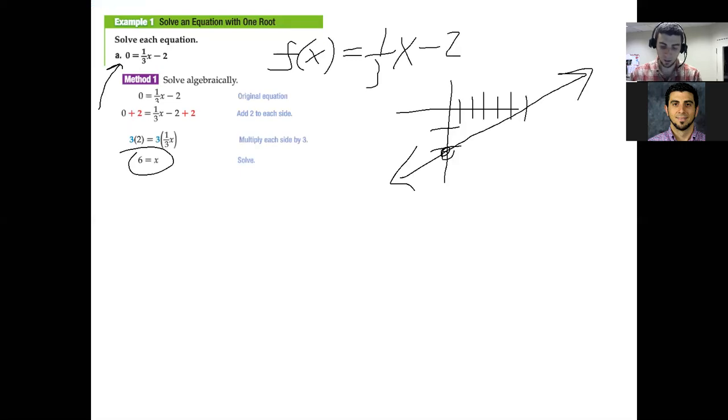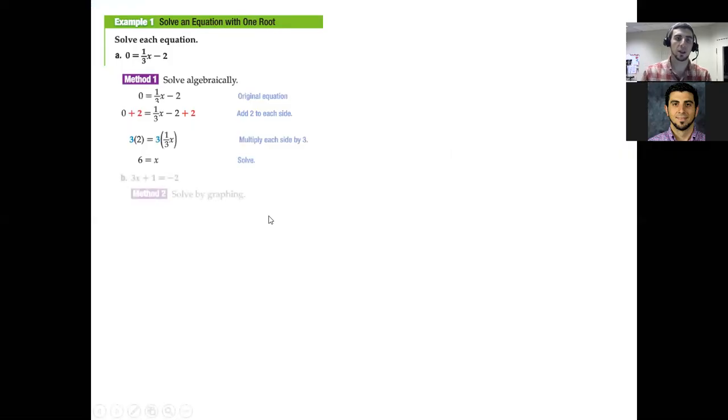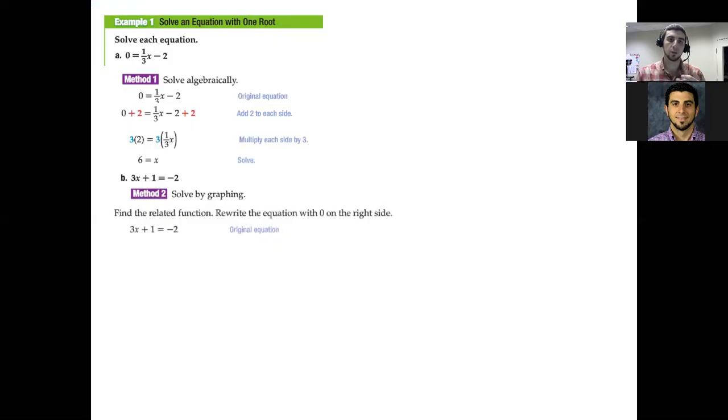The equation would look like this, and your x-intercept would be right here at 6. Okay? All right, so the other way to solve it is to solve by graphing. So here is a different equation, and if we're going to solve a linear equation by graphing, we first want